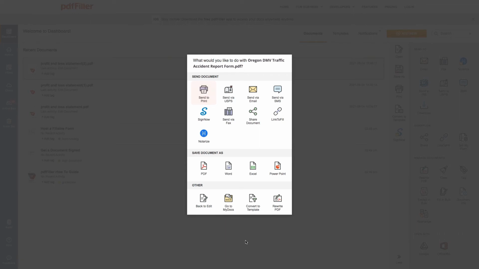Print out the resulting document, share it with anybody via email, fax, SMS, USPS, or shareable link, send it out for signature, save it to your device, convert it into a template, or continue editing your